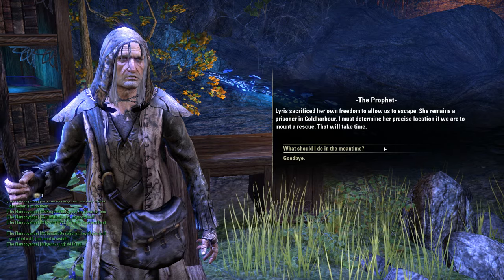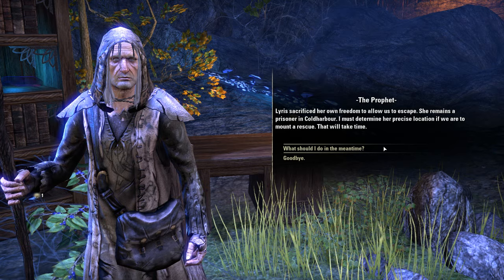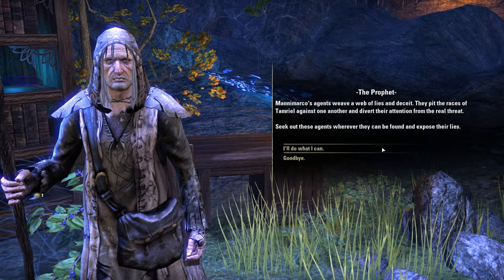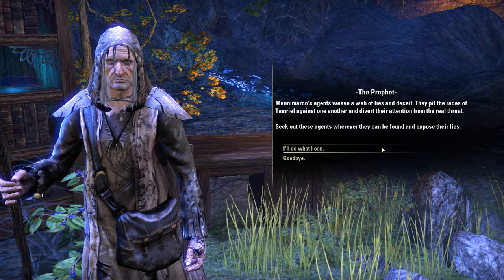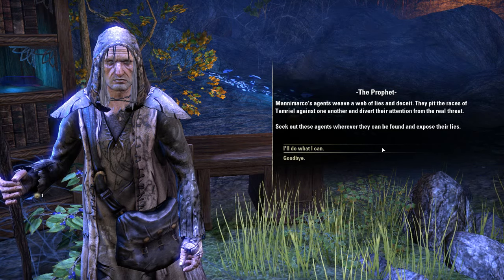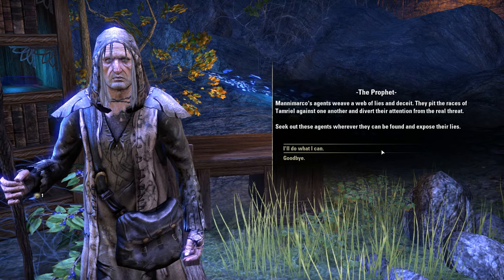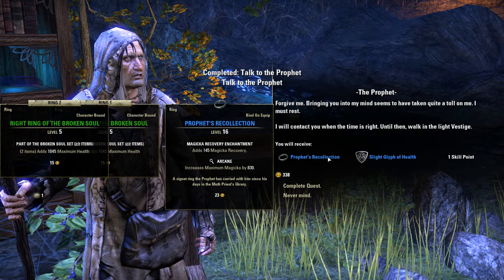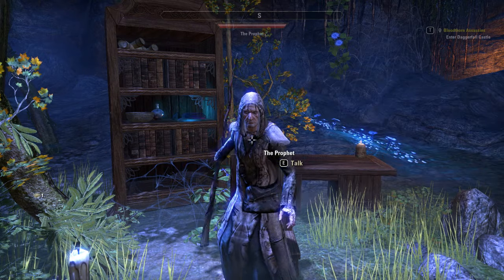Lyris sacrificed her own freedom to allow us to escape. She remains a prisoner in Coldharbour. I must determine her precise location. Minimarco's agents leave a web of lies and deceit. They pit the races of Tamriel against one another and divert their attention from the real threat. Seek out these agents, wherever they can be found, and forgive me. Bringing you into my mind seems to have taken quite a toll on me. I must rest. I will contact...